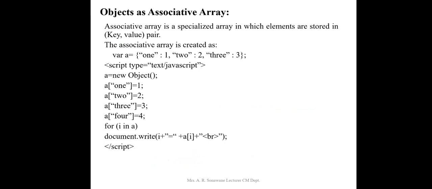So here you may use an object as an associative array also. An associative array is a specialized type of array in which the elements are stored in key value pairs. So this is the most important aspect. For example, consider A as an array having key value pairs. Here ONE1 is the index position or key having numerical 1 as a value. So in this example, ONE1, TWO2 and THREE3 are the key values, or in simplest words the indexes, and numerical 1, 2, 3 are the values.